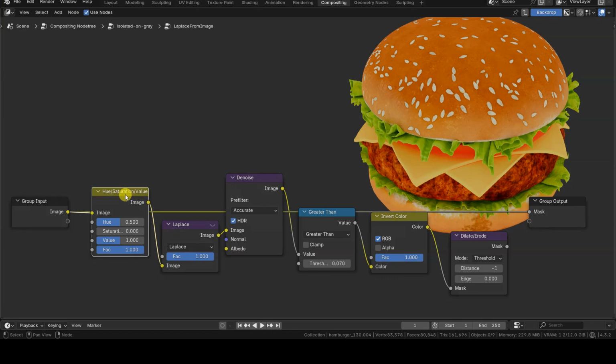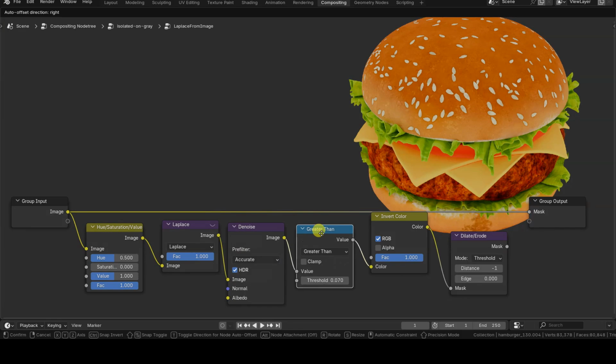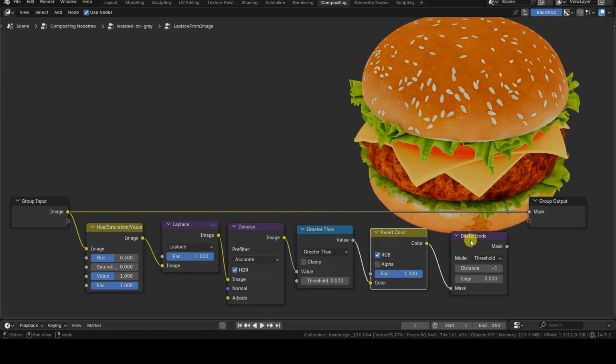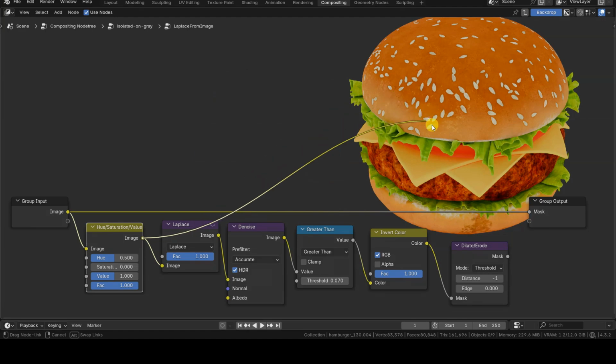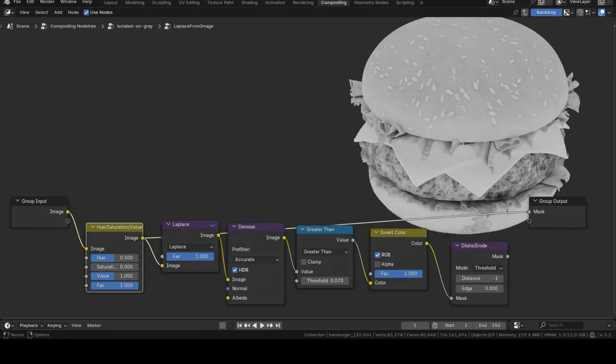Here too, we have filter Laplace, denoise, invert color, and dilate erode nodes performing the same operations we described in the ambient occlusion subgroup. However, in this case, the first step is a hue saturation value node with saturation set to 0, which converts the input image to grayscale. This step was unnecessary for ambient occlusion, as that information is already in grayscale.